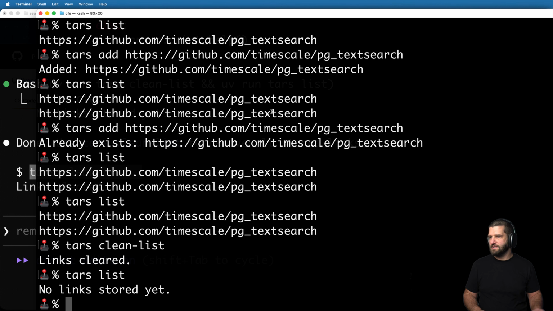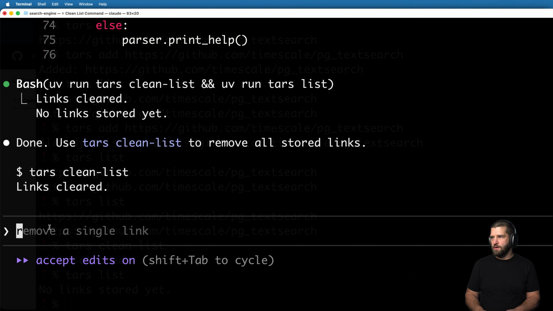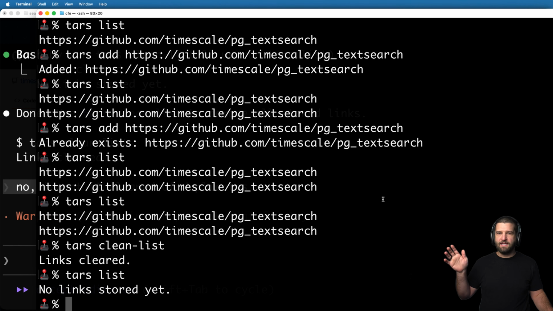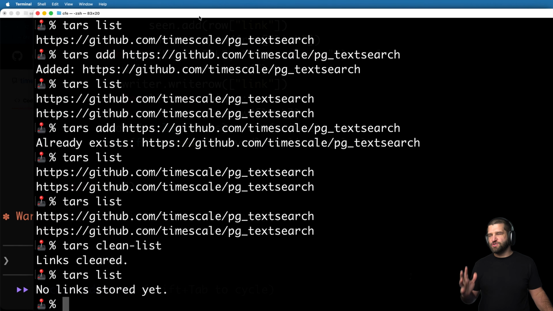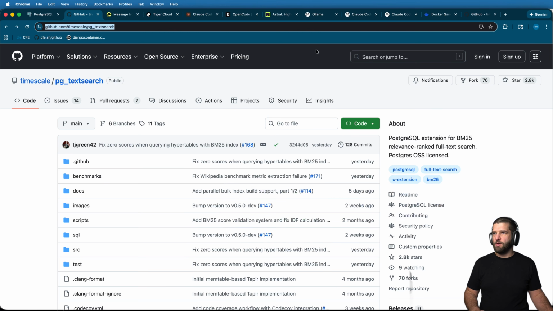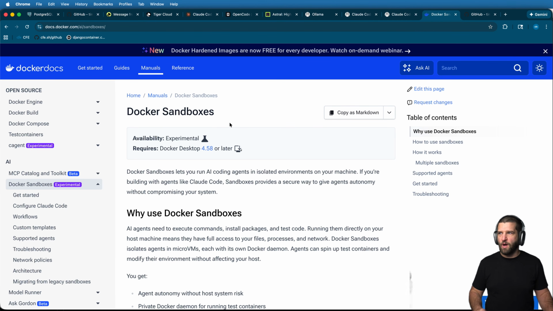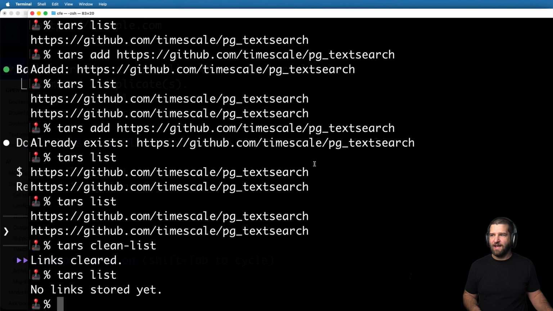So now, clean list, now it just removed them. Oh, no, I want it cleaned of duplicates. So this did something really good, and I'm glad this happened. I didn't anticipate it, but it deleted everything. And so this is where those safeguards start to come into play, and where you might think about, oh, what you're saying to this thing can have a catastrophic effect on your entire system. That's why sandboxes have become very, very popular, because then it won't touch anything else on your system. But in our case, I went ahead and